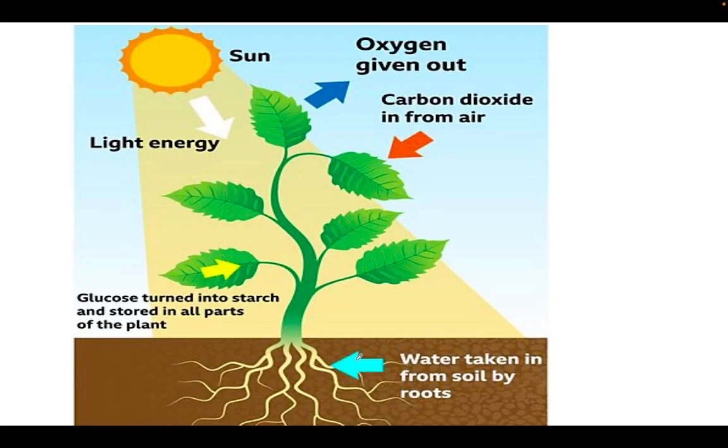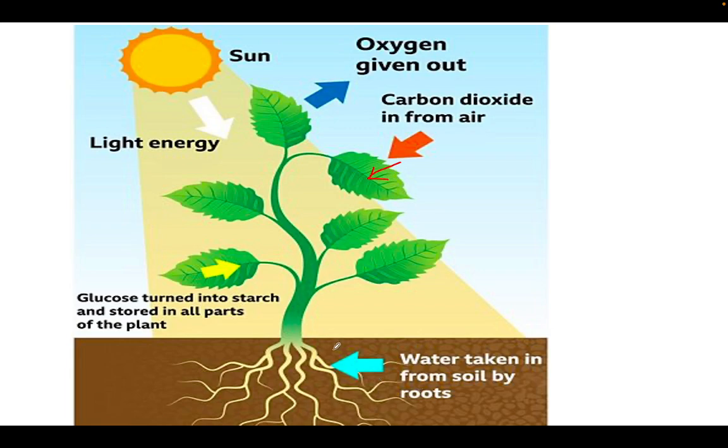All right. Now, here we have our plant. Now we can ask ourselves where do the raw materials come from and where do the products go? If we start with the raw materials, we have carbon dioxide. This diffuses from air and enters the leaf. All right. And the second thing we need is water, and water is taken in from the soil